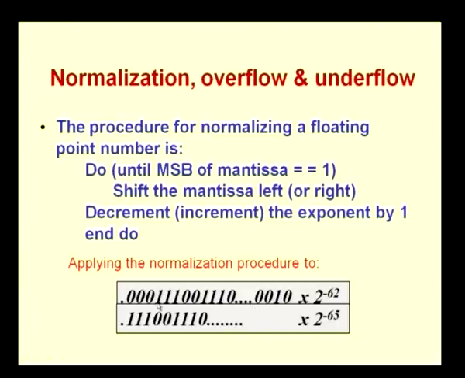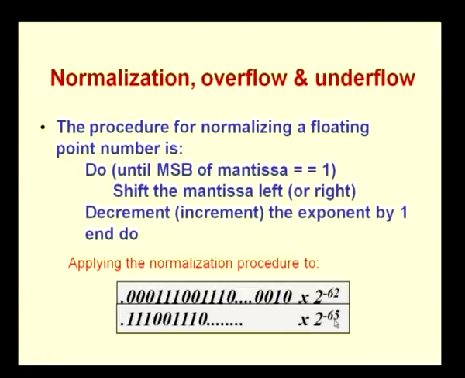Now if I do normalization on this number, what am I going to do? I am going to get rid of these 3 zeros. So I am going to left shift by 3 positions. If I left shift by 3 positions, the number will become 0.111001111 whatever into 2 to the power of, what